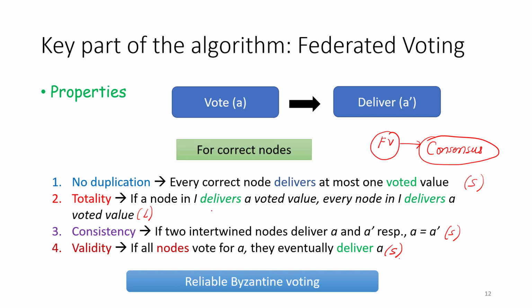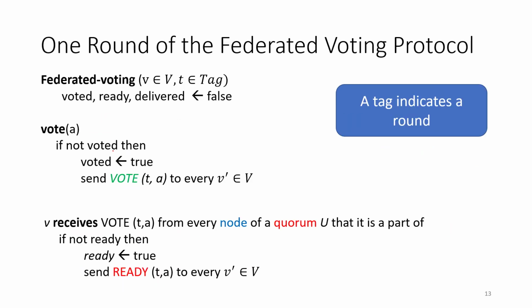And of course, in the rare case where everybody votes for the same value, it's only that value that gets delivered. So the way that you need to think about it is that it's a two-phase algorithm of vote and deliver, where the voting process may actually not successfully complete. If that is the case, nobody delivers. But if it successfully completes, then everybody is ultimately guaranteed to deliver the same value. So this is essentially the crux of federated voting, which the algorithm on this page will convince you works.